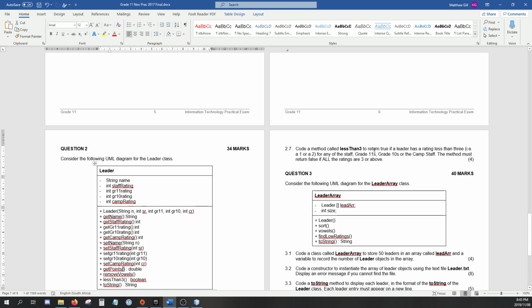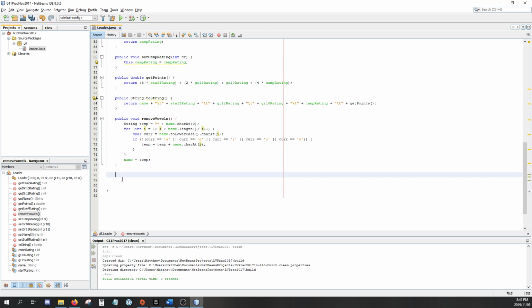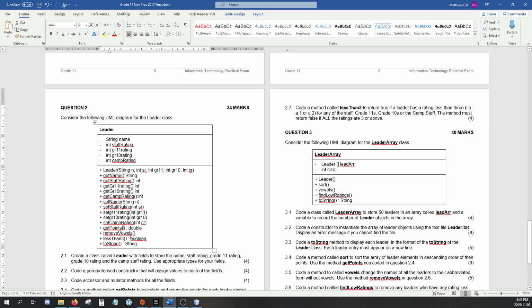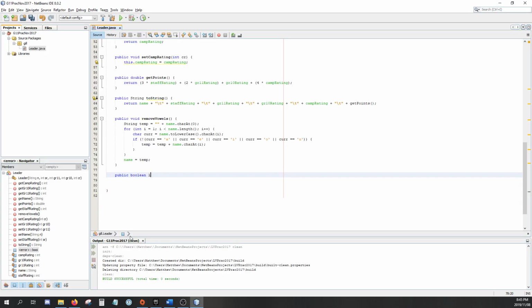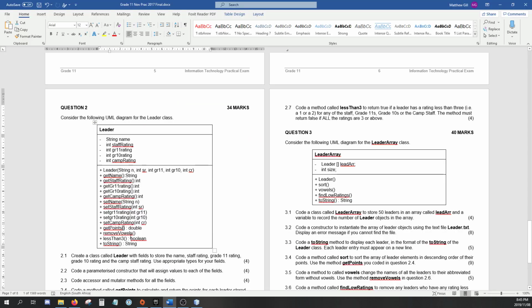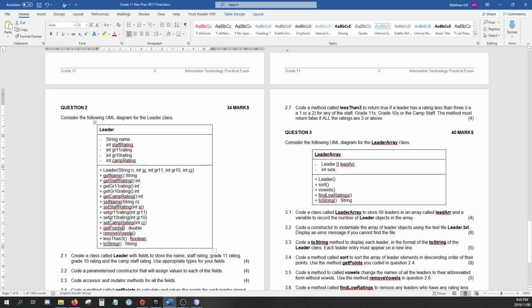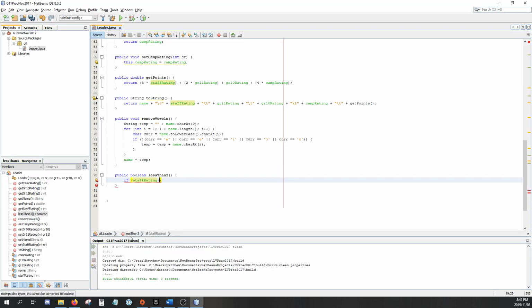Code a method called lessThan3 to return true if a leader has a rating less than 3 for any of the following. The method must return false if all the ratings are 3 or above. Okay, so that's not too hard. So public, imagine this is a Boolean, but let's just double check it is a Boolean. lessThan3. Okay, and basically, if staff rating, any of the ratings, so if staff rating or grade 11 rating or grade 10 rating